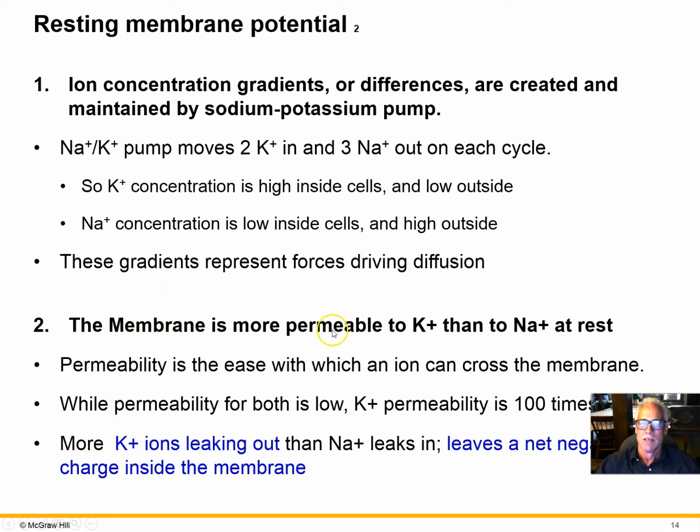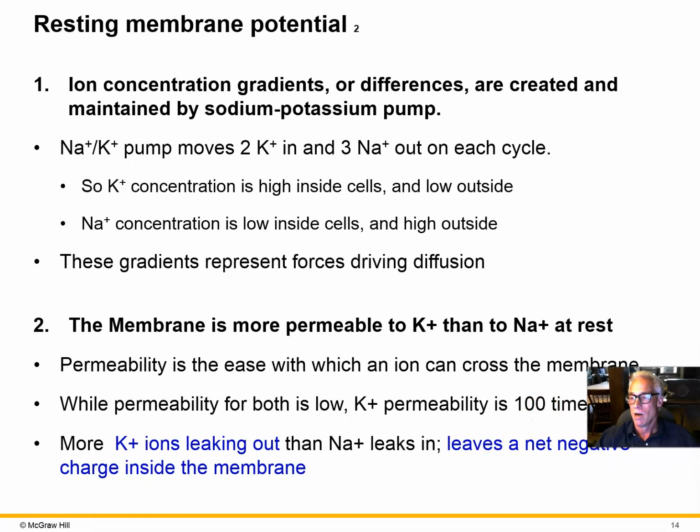At rest, the membranes of these cells are more permeable to potassium ions than sodium. Permeability means the ease with which the ions can get across. If the membrane has a low permeability, it's very difficult or unlikely for them to cross. A high permeability means they're wide open and the ions can cross. So at rest, the permeability for both ions is very low, but for potassium, it's about 100 times higher than